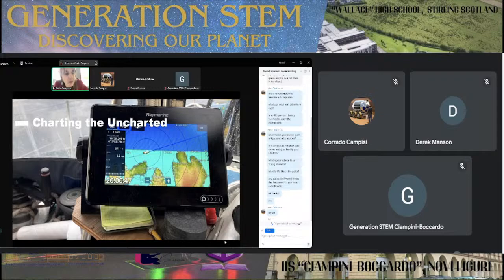The sextant works, but it's often foggy. So in order to measure where you are with the sextant, you need the sun. So you have to be prepared, but it's extremely exciting.